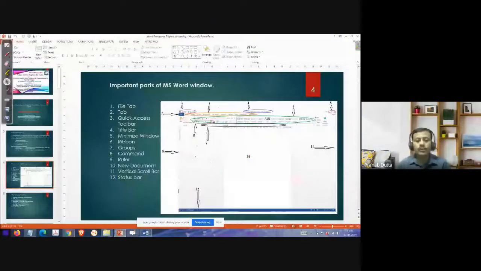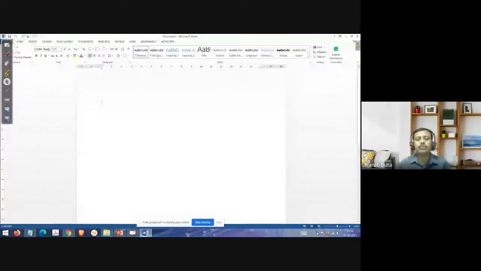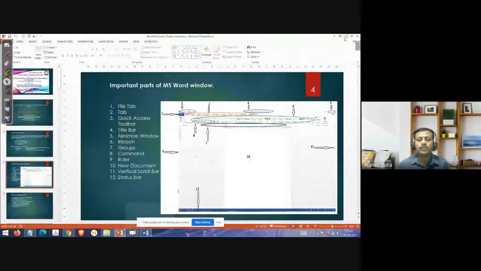Now when you open it, it will look like this, whatever you have seen on the screen. First I'll explain: there are a lot of buttons, columns and rows. If you know the names of all these things, the rows, buttons, whatever they are, and you look at a higher version, they're the same thing. You can easily use the higher version also. Okay, so here, first thing is the file tab.